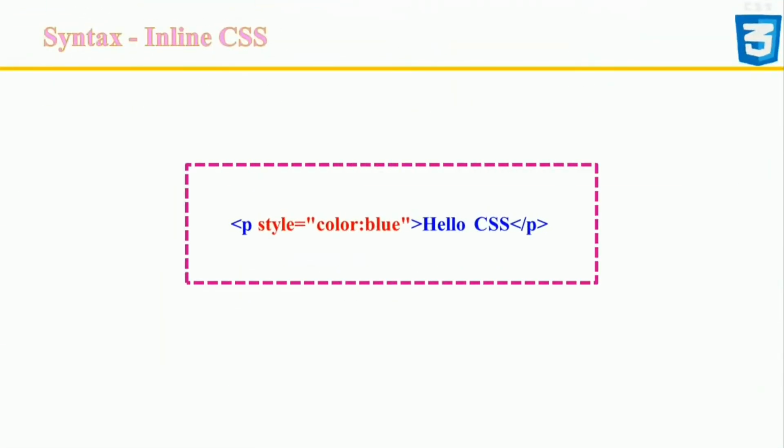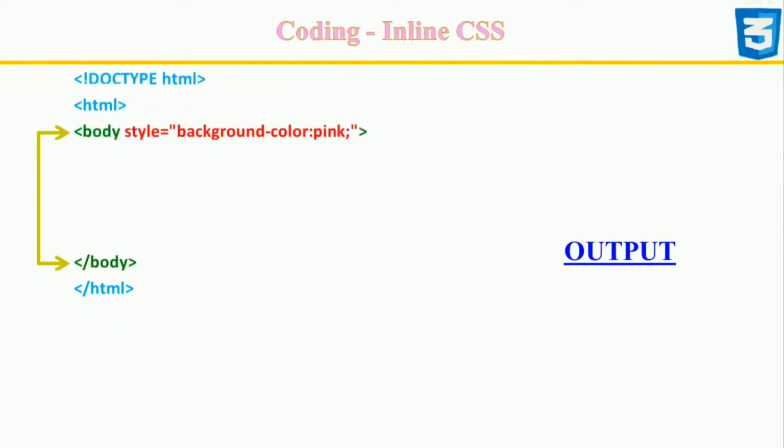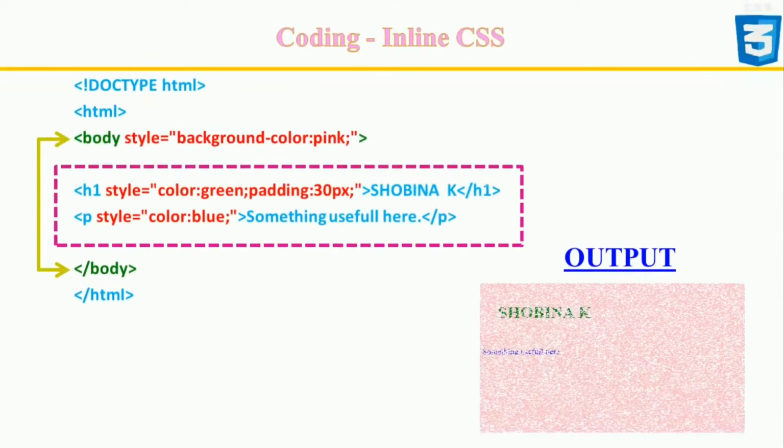The style attribute is just like any other HTML attribute. It goes inside the element's beginning tag right after the tag name. The attribute starts with style followed by an equal sign and then double quotes which contain the value of the attribute. In our case, the value of the style attribute will be CSS property value pairs, that is property: value.